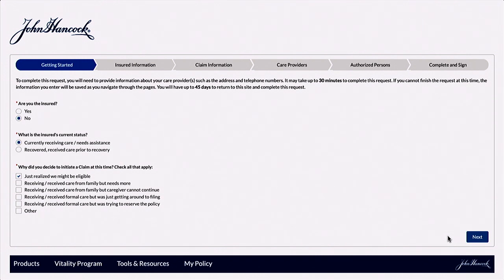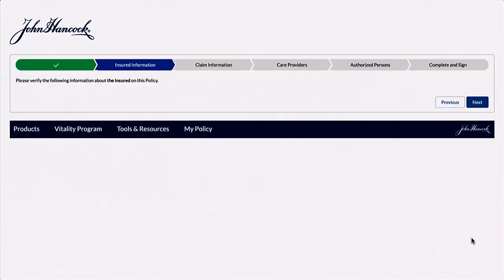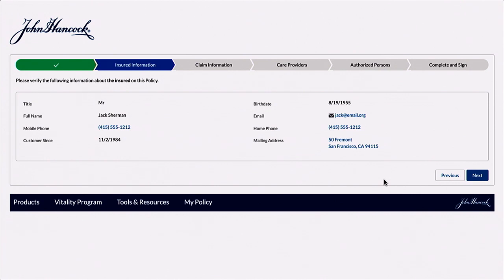I'm going to switch personas now to Jack, a John Hancock customer. And from the very first screen, Jack is faced with very specific questions tuned to that specific business process, because Flow makes it easy to create that kind of highly targeted content. Moving forward, Jack validates his personal information using a Lightning Web component that's quietly handling a lot of the layout